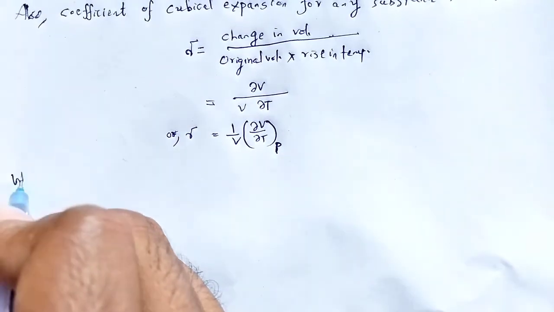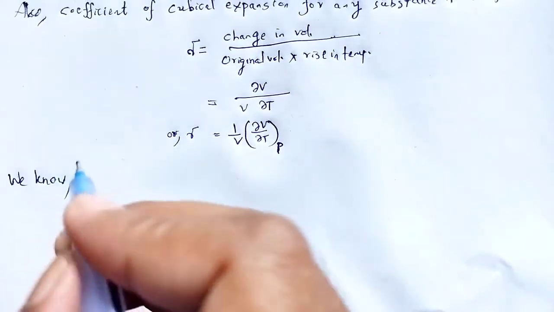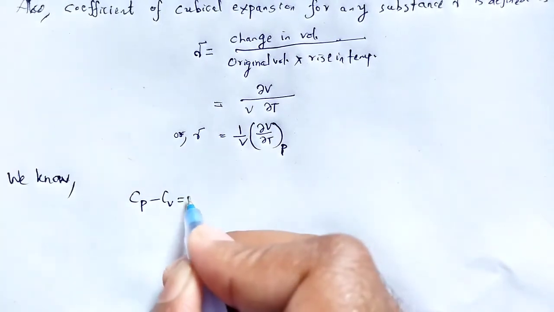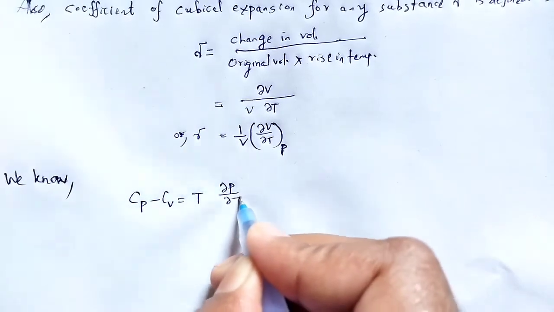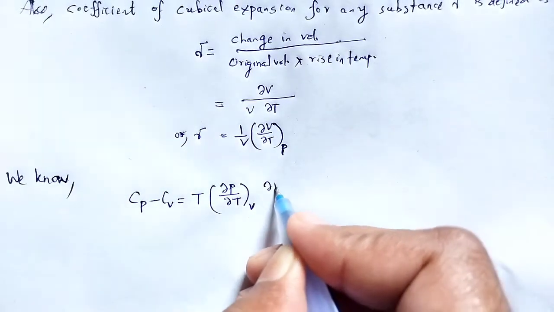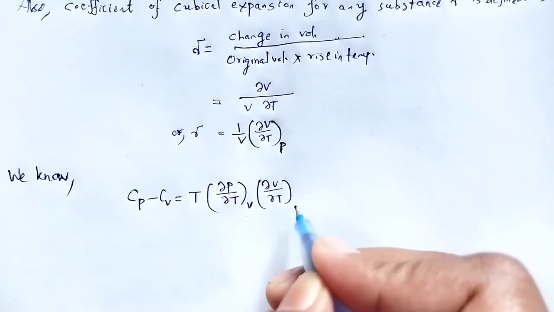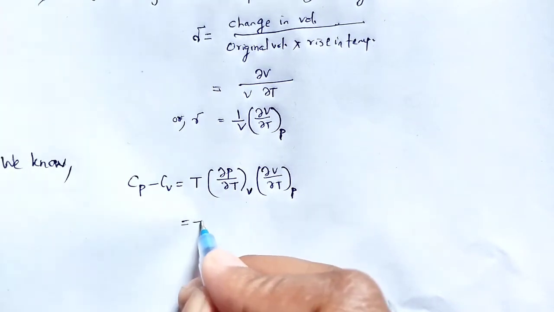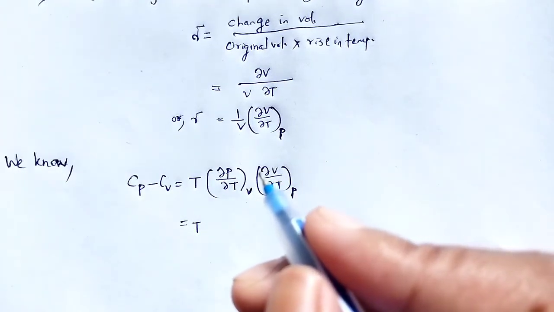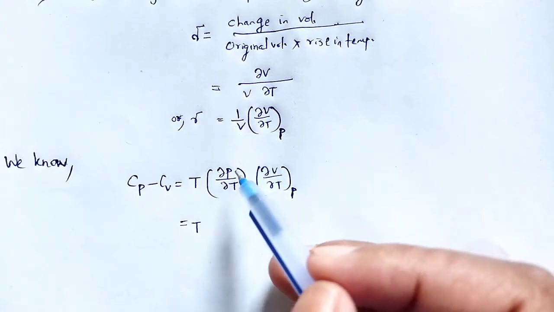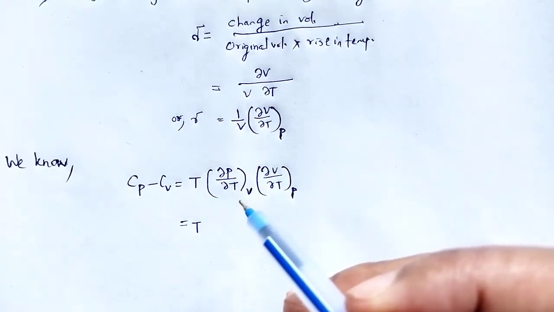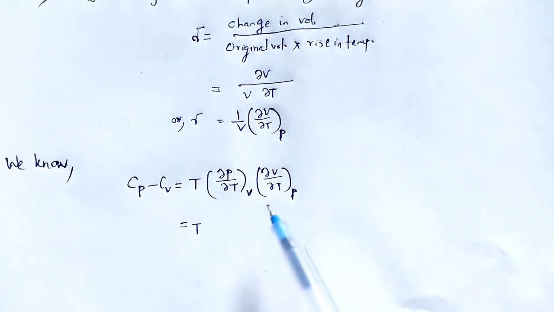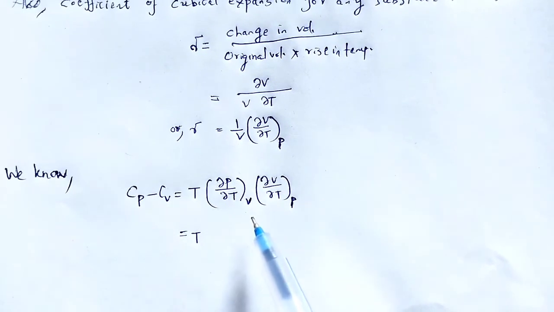We know Cp minus Cv is equal to T, that is del P by del T at constant volume into del V by del T at constant pressure. In place of del P by del T at constant volume,